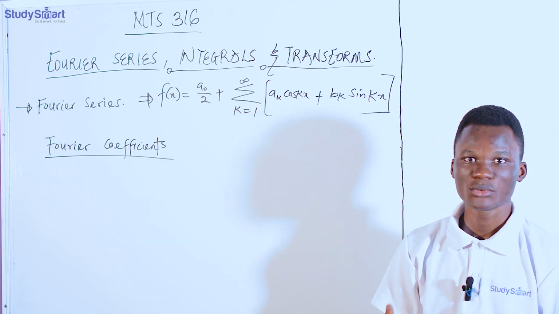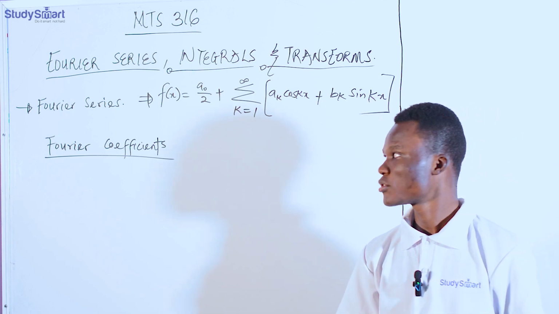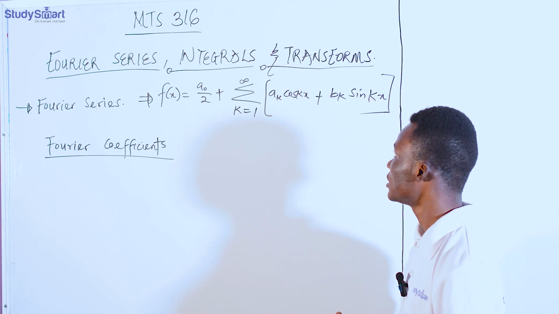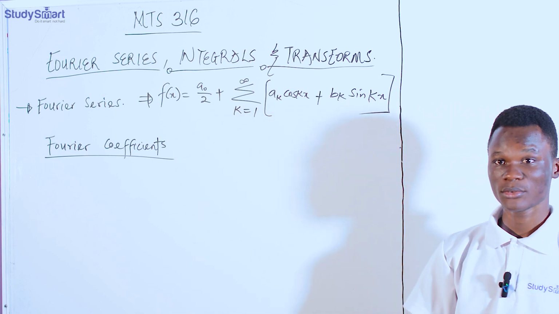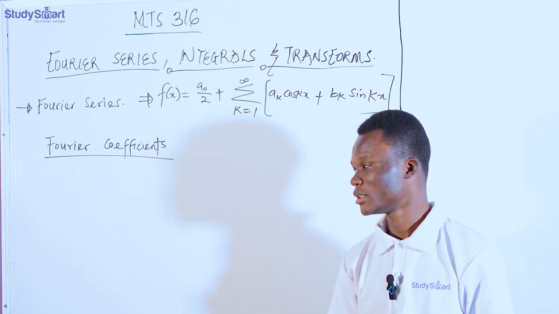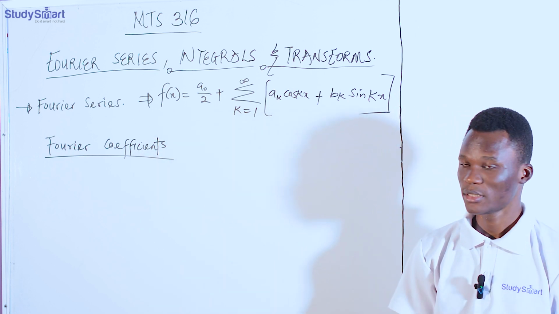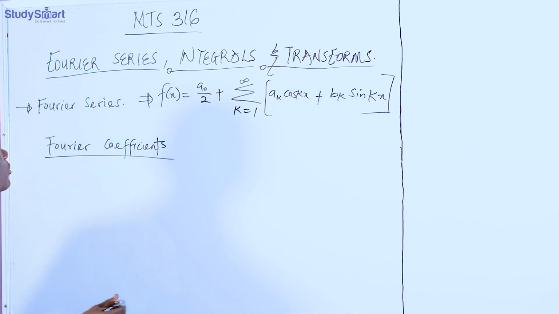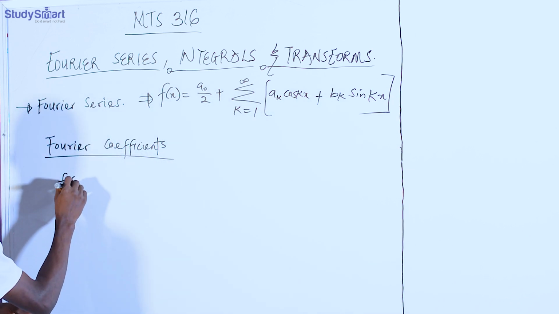So that means we need to know how to solve for them. Solving for these Fourier coefficients now will enable us to generate the Fourier series of a particular function. So now what are the expressions for these Fourier coefficients? So from the very first general formula of Fourier expansion,